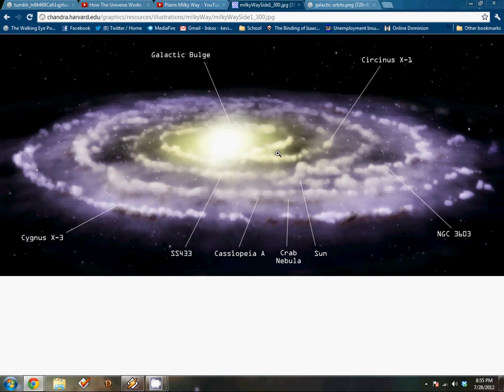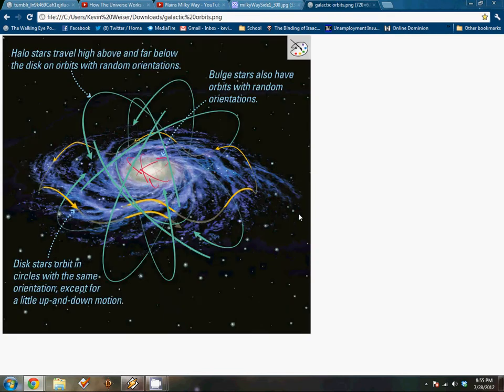Anything that's large enough and powerful enough to do that, objects that are close to it have a drastically different and much stronger orbit, and these orbits go opposite of the disk here. We've got a picture here. There are the bulge stars, and they have random orientations. There's also halo stars that are considerably farther away, and they go way up and way below the disk, and they have random orientations as well. But those are pretty rare, and they're so far away and so small you just don't see them very often.